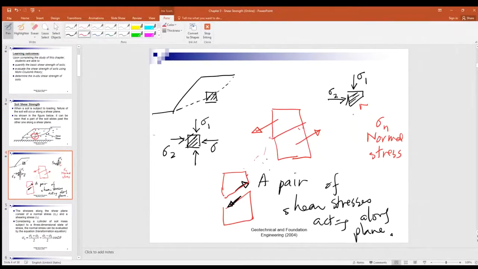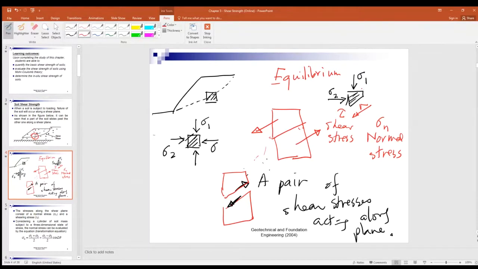And here you got what? Shear stress. According to the equilibrium of these